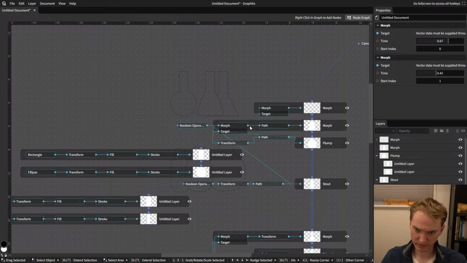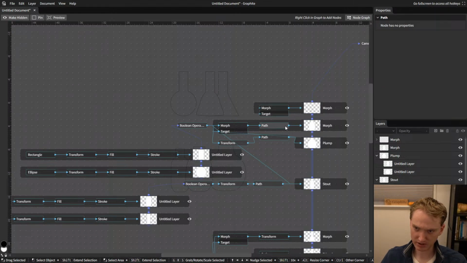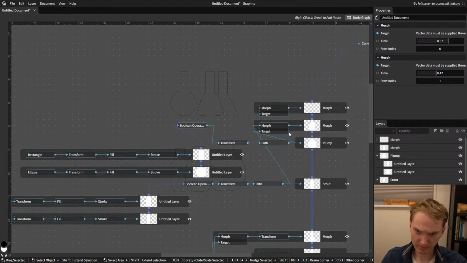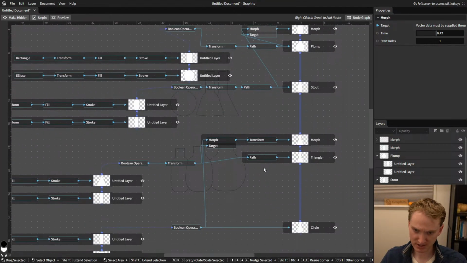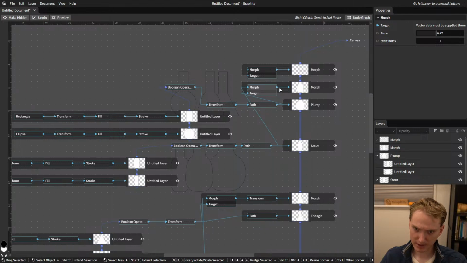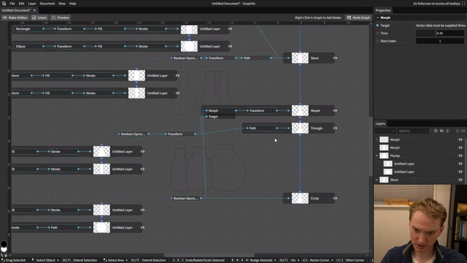morphs. So we've got this morph, and actually apparently we have a path node coming out of it. I am not sure why we have that path node. If I delete that path node, does anything happen? Nope, it doesn't. Okay, so that I think just got extraneously added by the tool when I was using the path tool. Okay, so the output of this can go here, and the output of